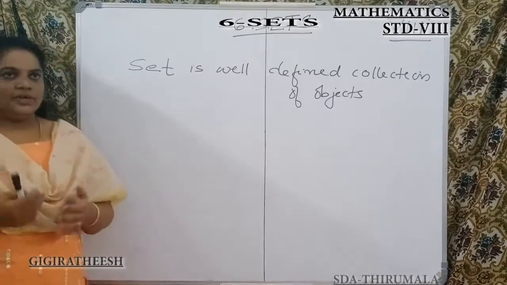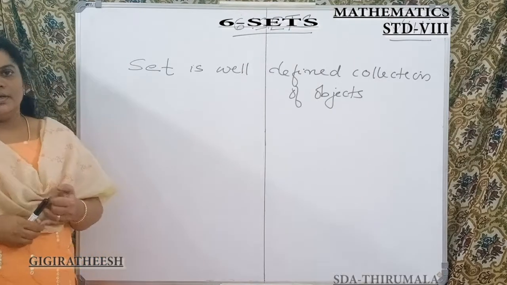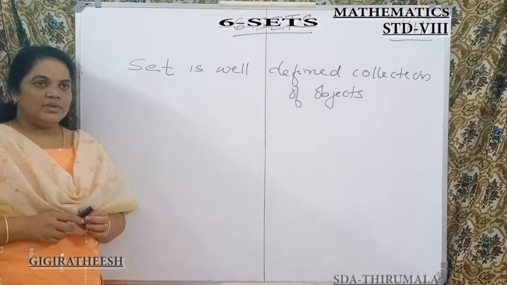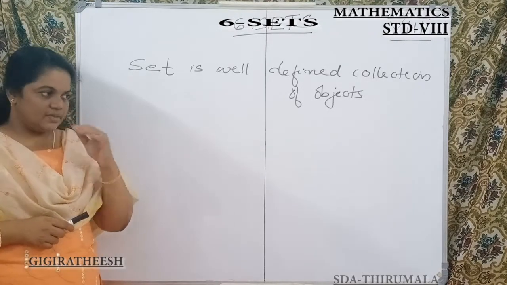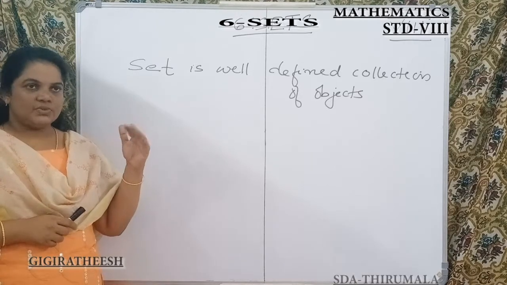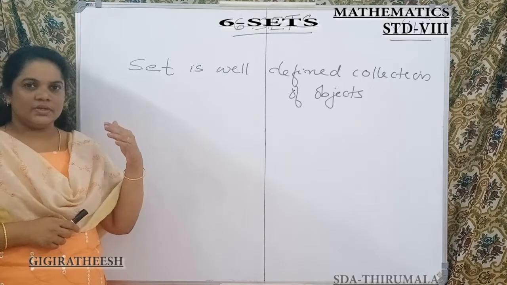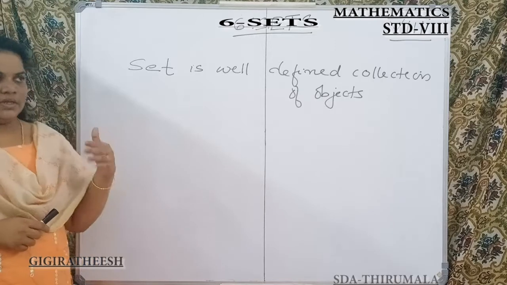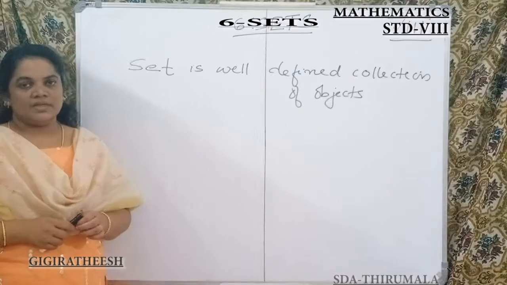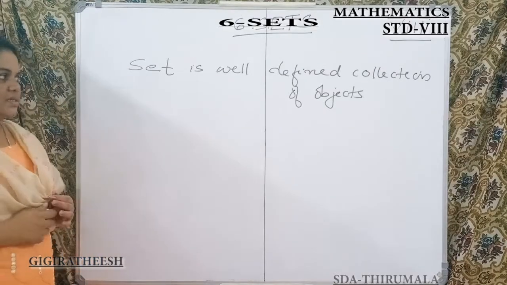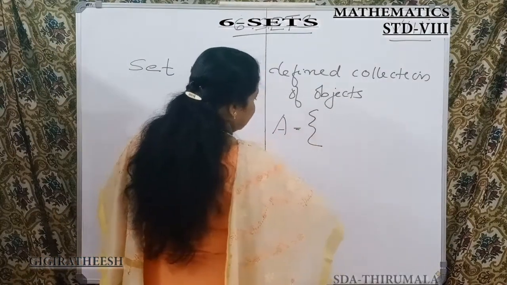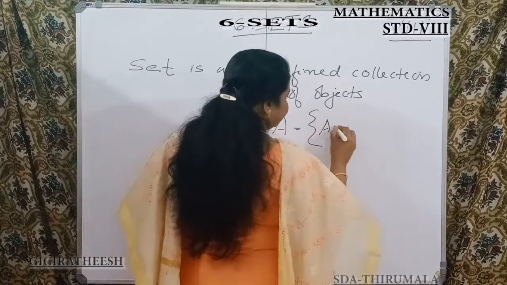For another example, a collection of the tallest students in your class. We can't collect the tallest students, because the students, at the age of 13 or 14, have different heights, so we can say that it is not well defined. We can say that A is equal to the names starting with the letter A: Archana,